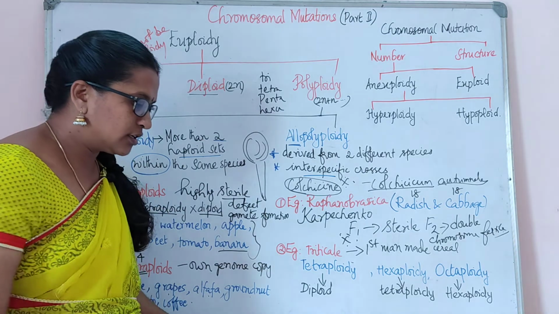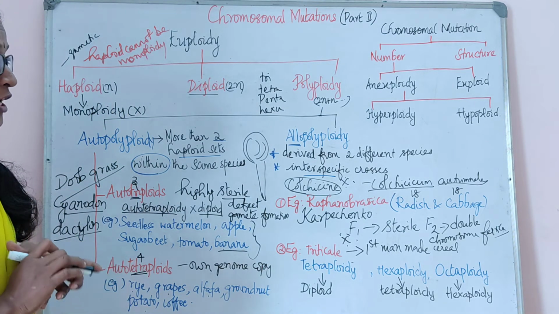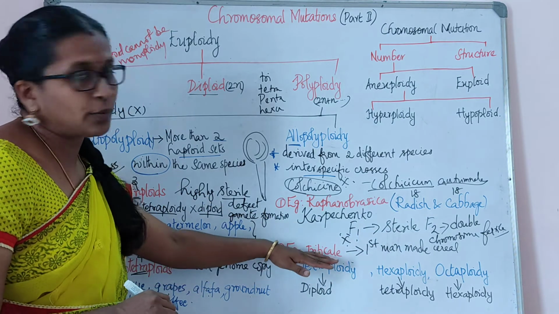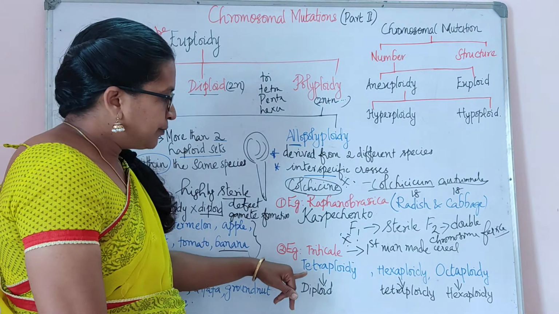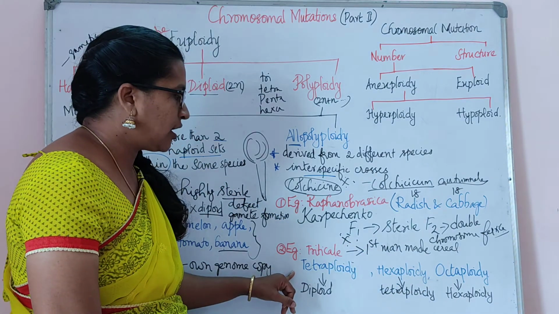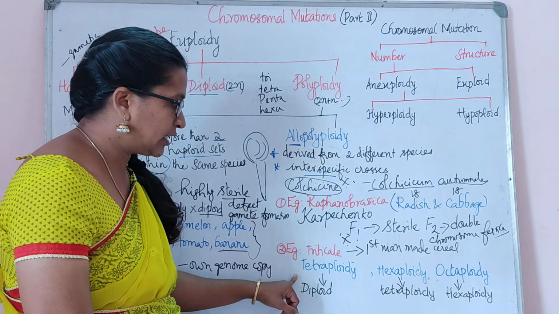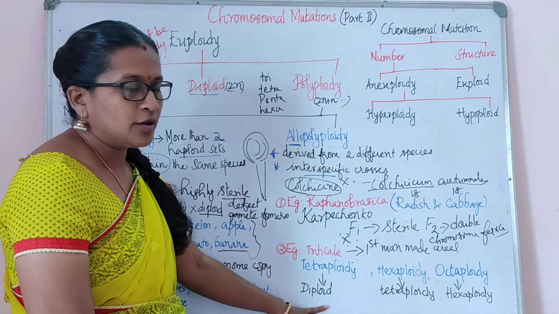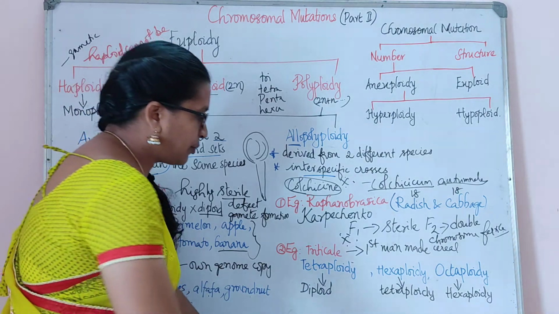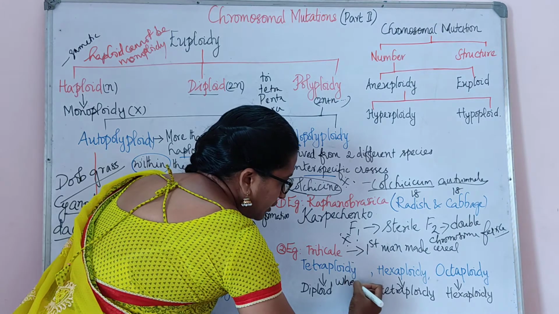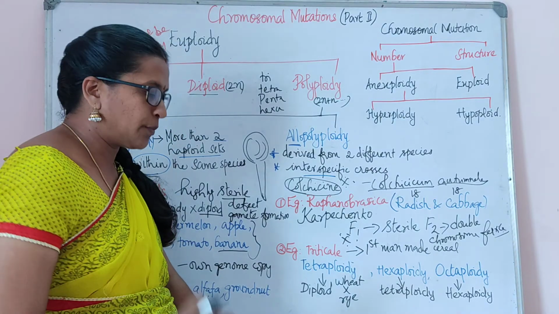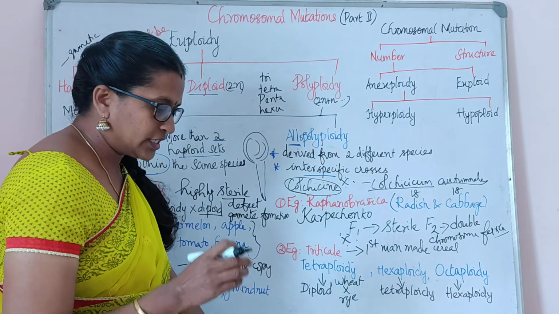This triticale depends upon the ploidy level. They have divided it into 3 ploidy levels: tetraploid, hexaploid and octoploid. There are 3 types. Tetraploid is derived from diploid plants, by inducing diploid plants they are getting this tetraploid. Generally we cross wheat with rye and get tetraploid, and hexaploid also they get by crossing wheat and rye.